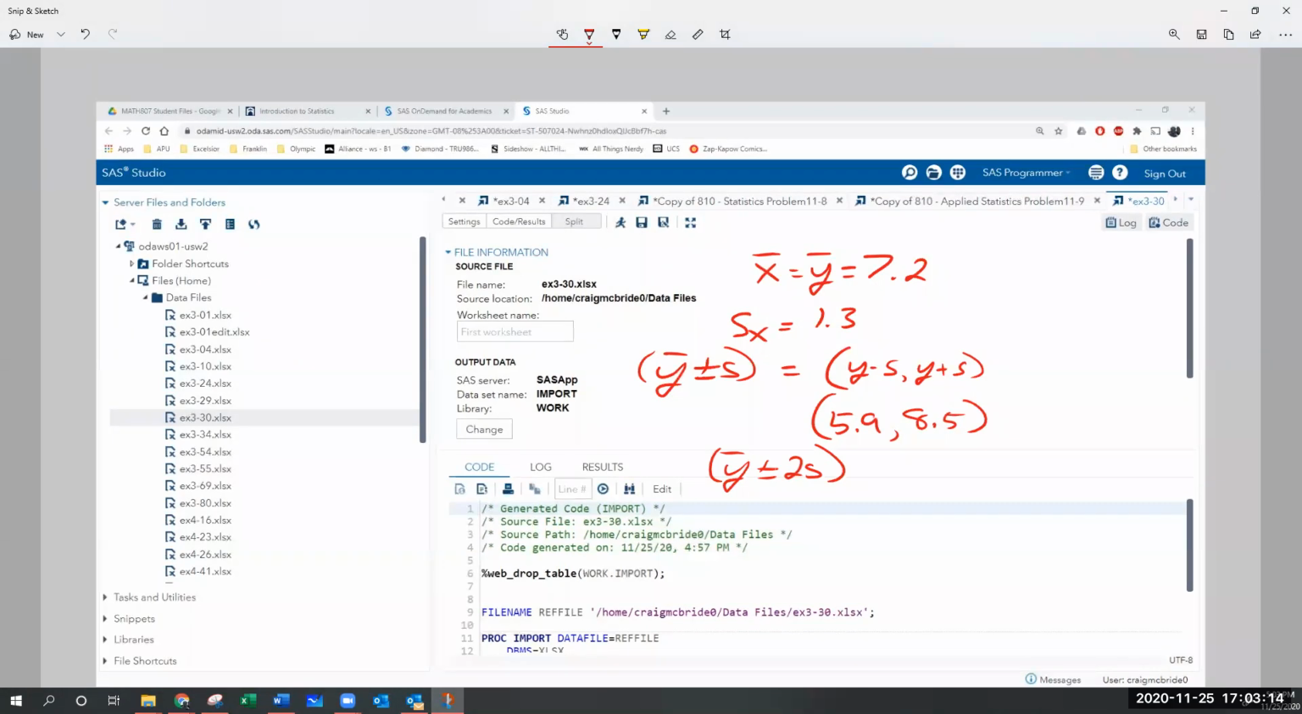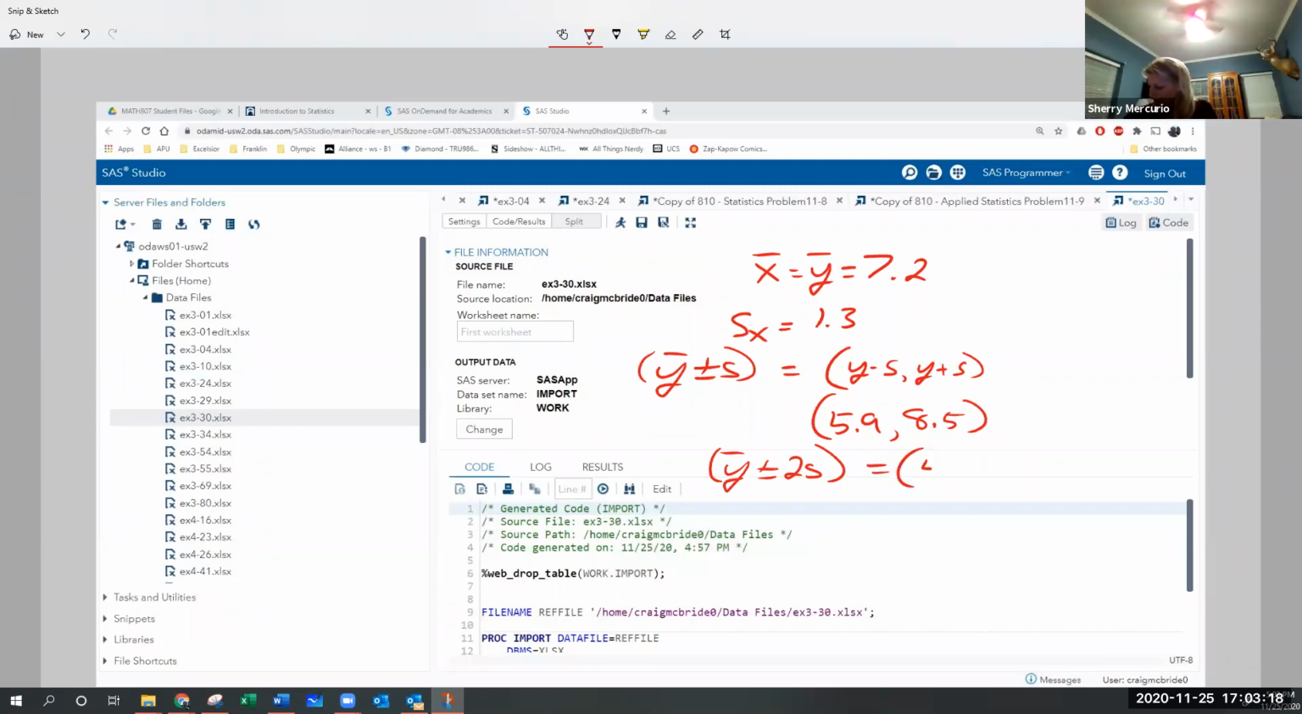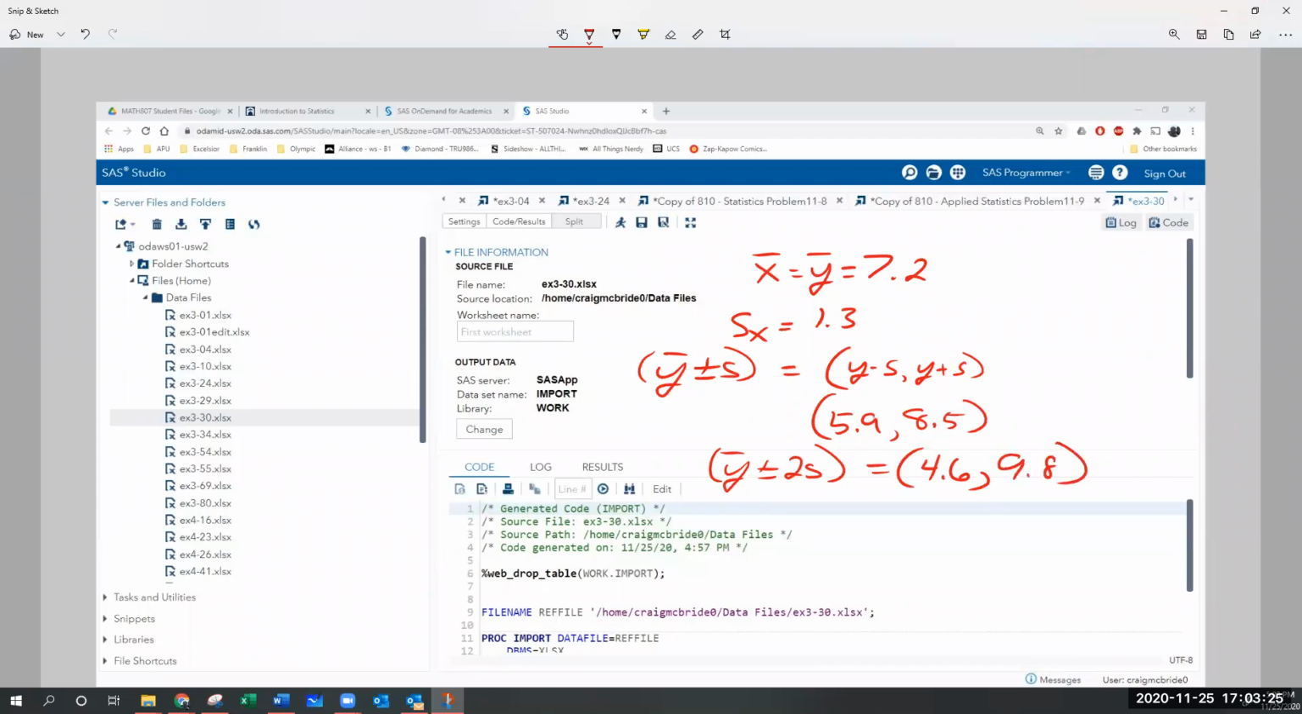Minus 1.3 twice, because that's 2 times 1.3. So that's just going to be 4.6. And then, of course, when you add it twice, you're going to get 9.8. And then, of course, the third one,